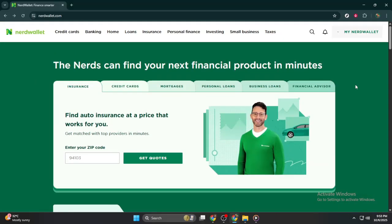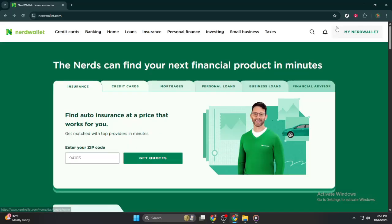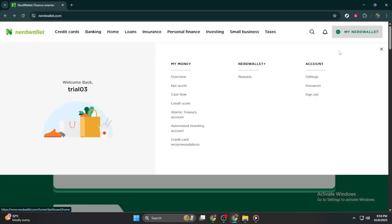Now that you're logged in, you should see the NerdWallet homepage. The next step is to locate the My NerdWallet section. You're likely to find this in the top menu or dashboard area. Go ahead and click on it. This page serves as your personal financial hub on the site, giving you access to a plethora of useful features,